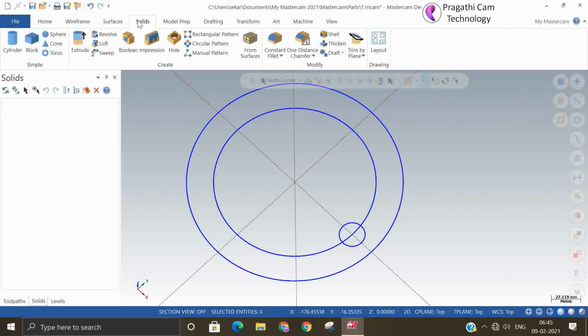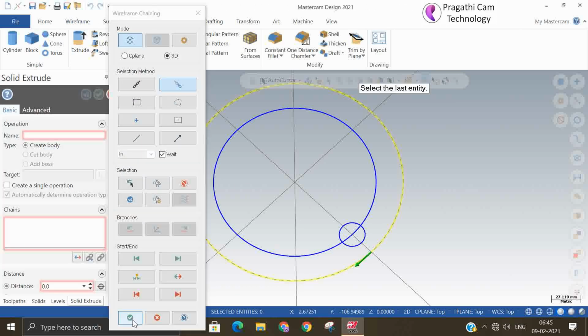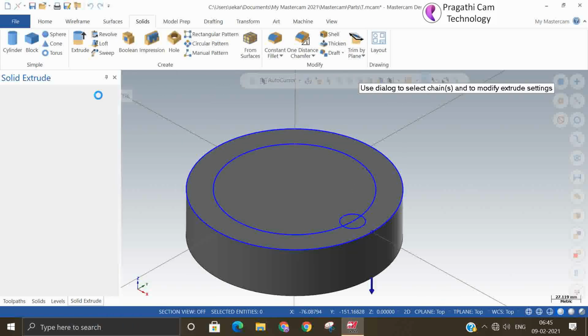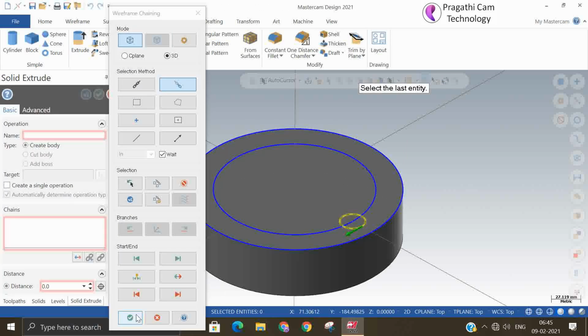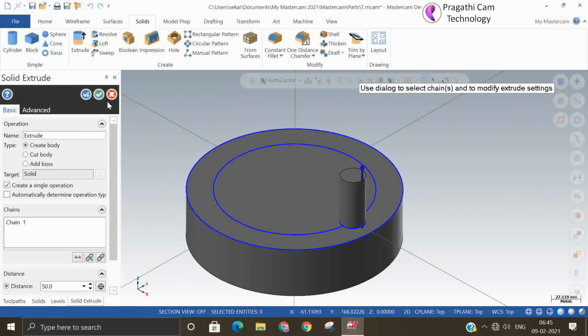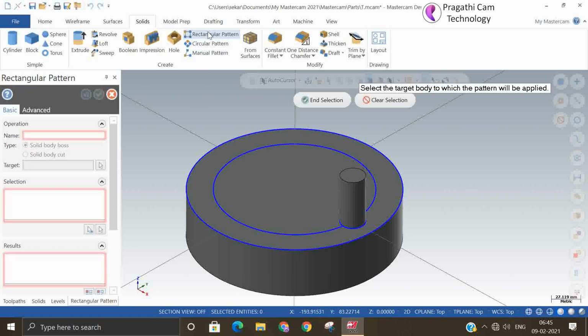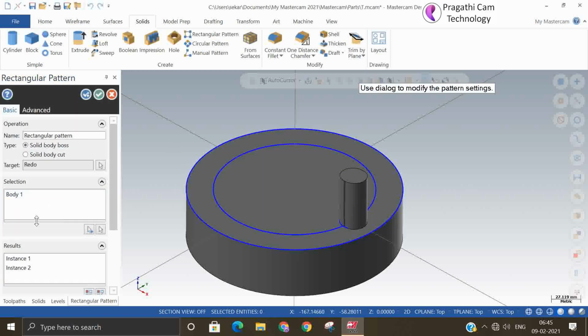Next we will see solid extrude. So again solid extrude this smaller one. Okay. So now we'll see rectangular pattern the same. This is the base and this is my body.